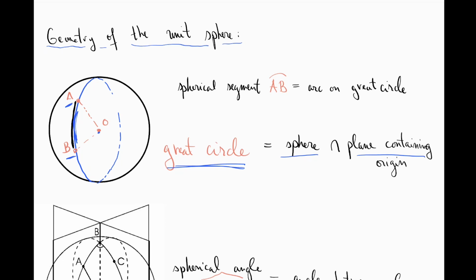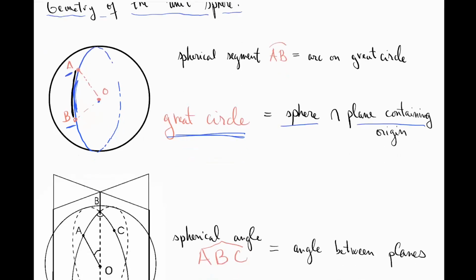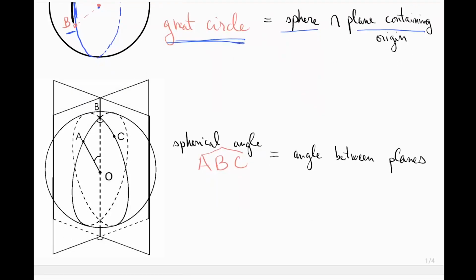By taking great circles. Now, the other thing that you want to understand is how angles are understood on a surface, on a sphere. So what's a spherical angle, right? So I take 3 points, A, B, and C on my sphere, and the question is, how do I measure the spherical angle ABC? Well, it's real simple, right? So here, you already know that in order to understand the arcs AB and BC, right, you need to take